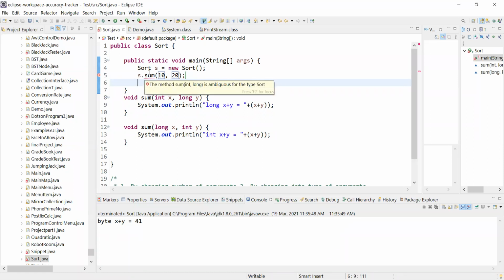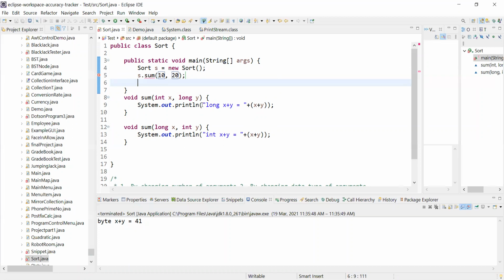What is the error? We can see the method sum(int, long) is ambiguous for the type short. Like now there is a confusion which one to promote, right? And if promoting works, then which method to call? In this case, it will throw a compilation error, right?